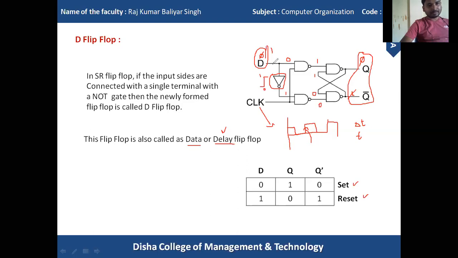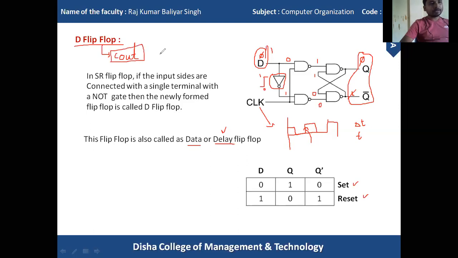So that means the D flip flop is only for set and reset. We cannot use it for the memory condition. SR flip flop is the root of all flip flops. Then what is the use of D flip flop? Basically, D flip flops are used for clocks. When we are using a counter, the best use of D flip flop is for the counter. It will count the clock value.